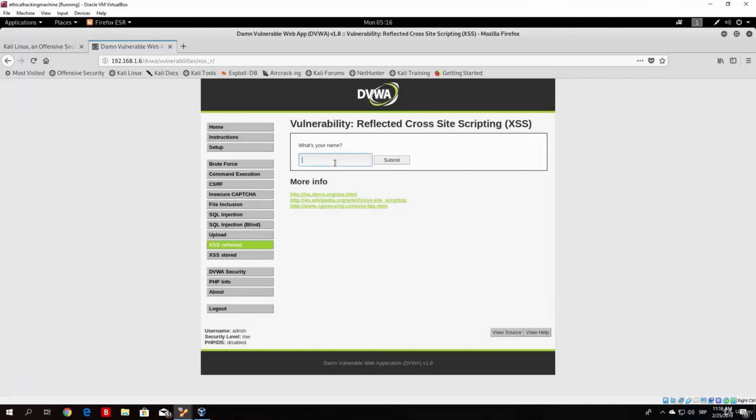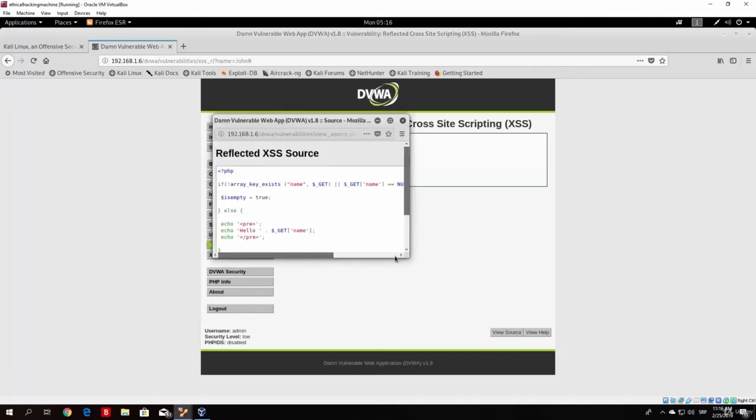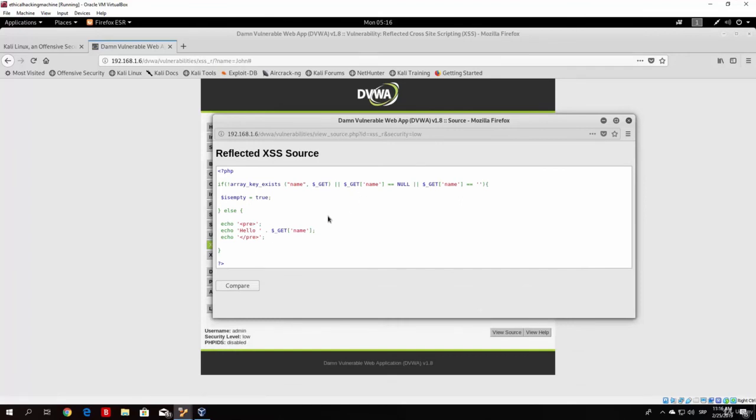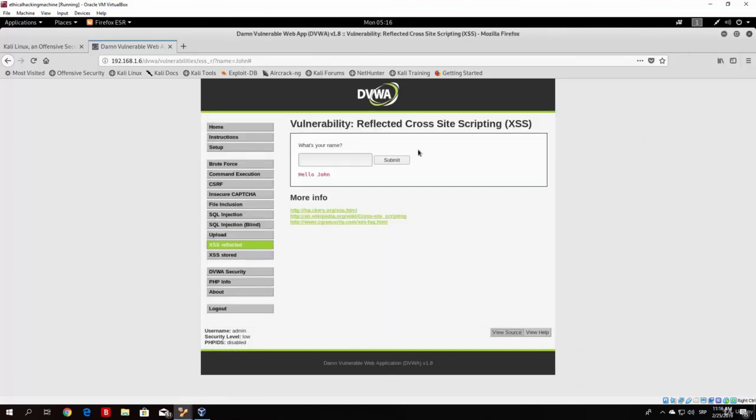So if we type here our name is John and we submit that, you can see that right here it will type hello John. Now we can see the source of the code, which of course on normal websites you won't be able to see, but we don't really need it right here. You can test this on any website that you are pen testing to see if it is vulnerable to the cross-site scripting attack, and that would be simply to type here